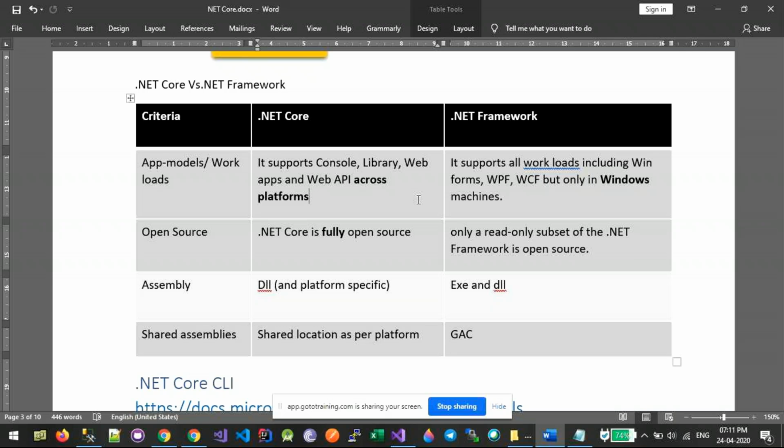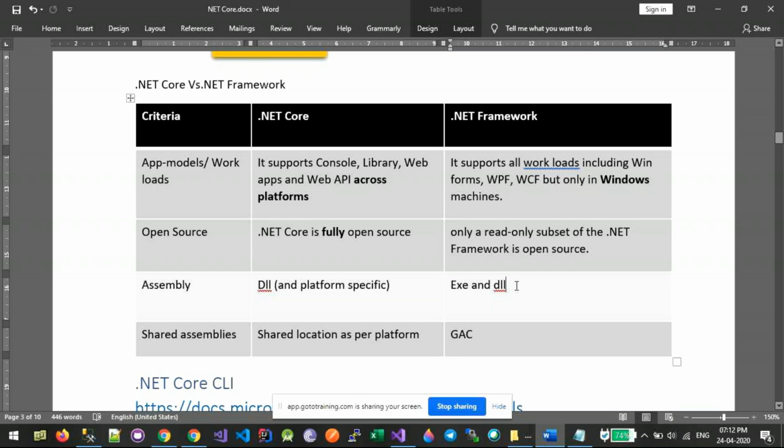An application created on .NET Framework, we already know, can be targeted to the Windows platform only, but with .NET Core we can target other platforms also. .NET Core is fully open source, you can go to GitHub and download the source code, but for .NET Framework, only a subset is available.